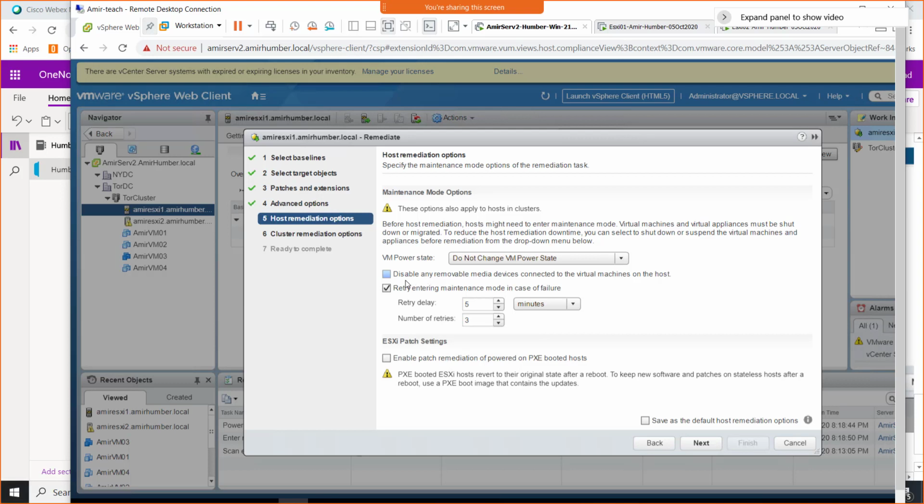We're going to say, go ahead and click disable. Yes, disable that. We just don't want the patching process to be stopped because of some of these configurations. So I'm going to click disable. It says retry entering maintenance mode. Well, we're already in maintenance mode, so this option doesn't apply to us. Enable patch remediation of powered on PXE booted hosts. If you have any host that has been deployed with PXE, it's okay, doesn't matter.